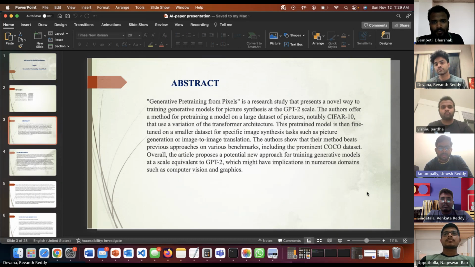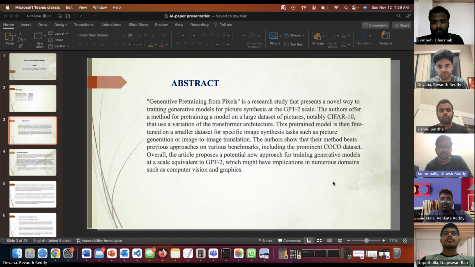Hello, everyone. Let's start with the abstract: generative pre-training from pixels. What does generative pre-training mean? It is a deep learning technique which involves training a language model in an unsupervised manner. It presents a novel way of training generative models for picture synthesis. And the authors who wrote the generative pre-training paper